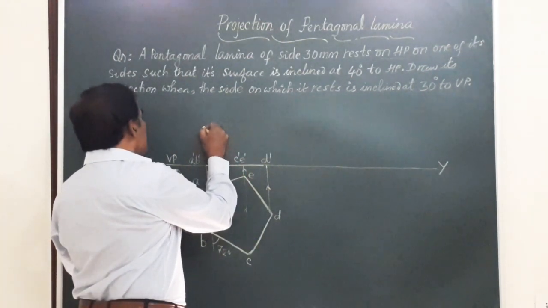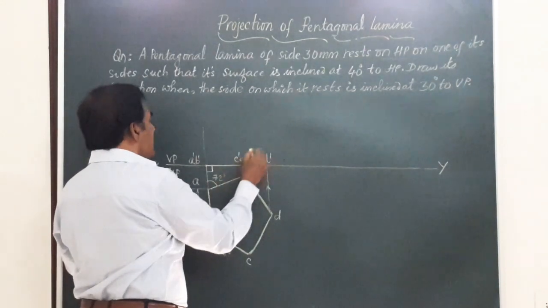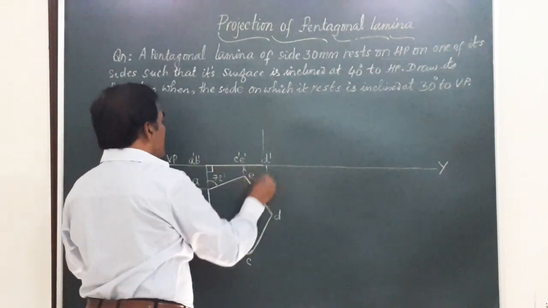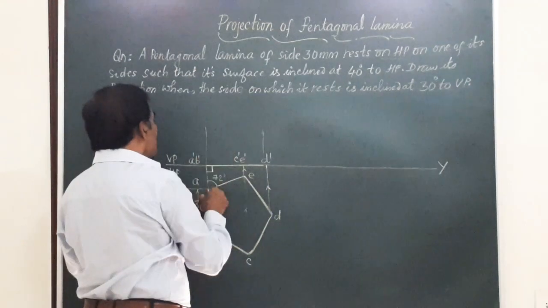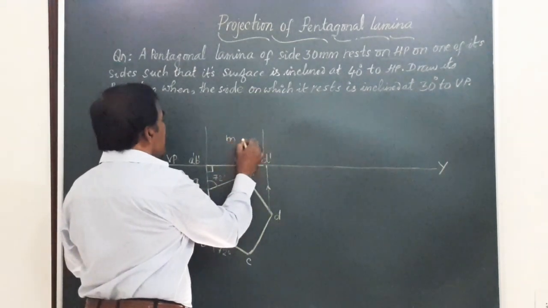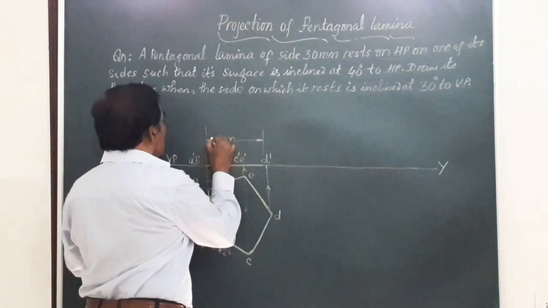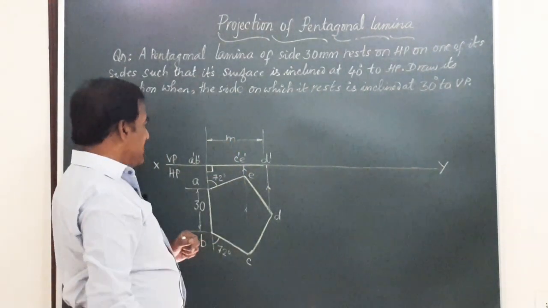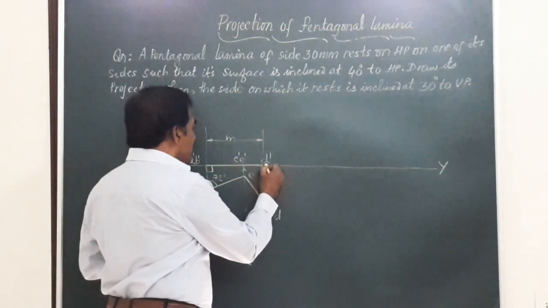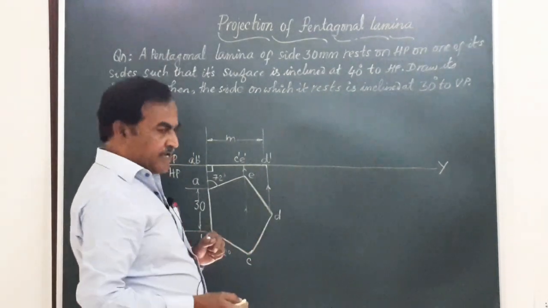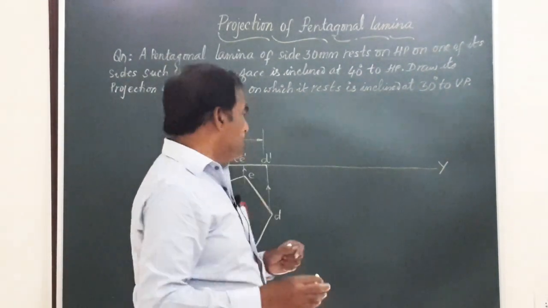So I mark this distance here as M. This will be useful to you when you reproduce the figure in the next stage. This is going to have length M. Friends, I have drawn the front and top views of the lamina when it is resting on HP with one